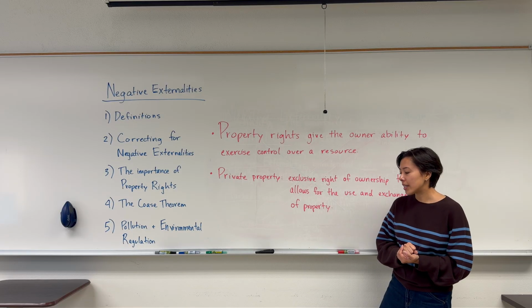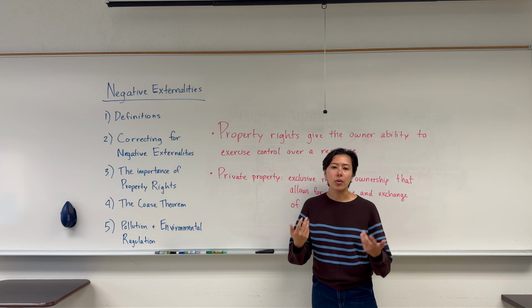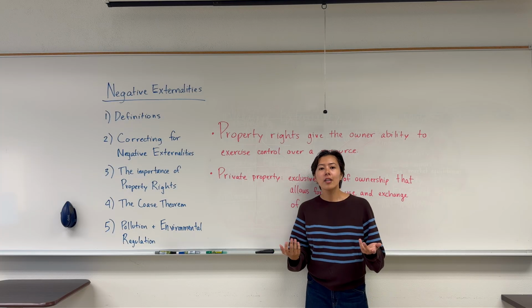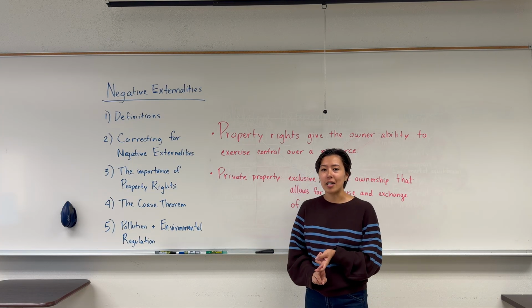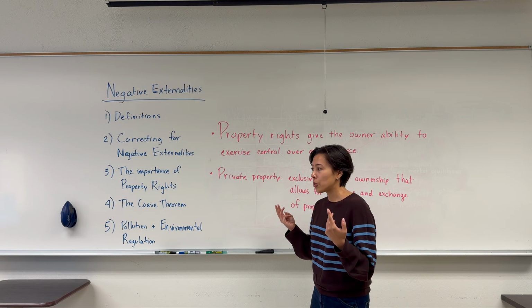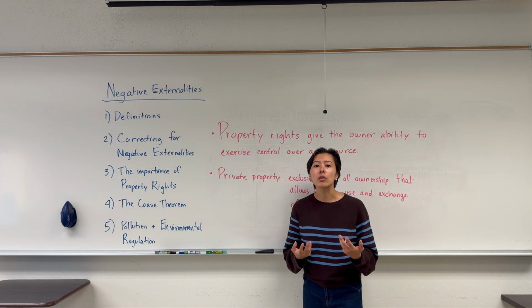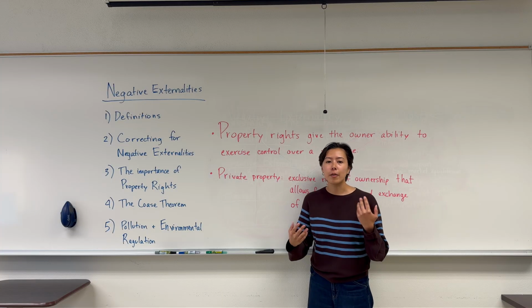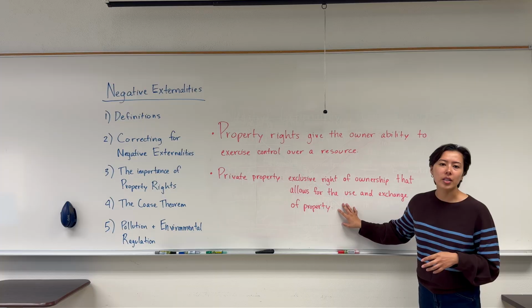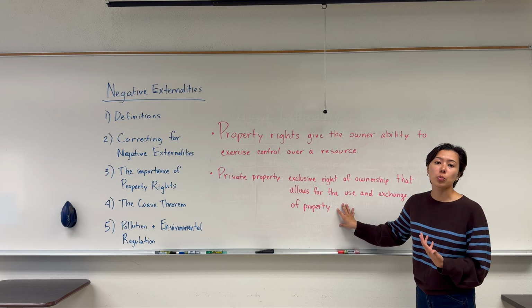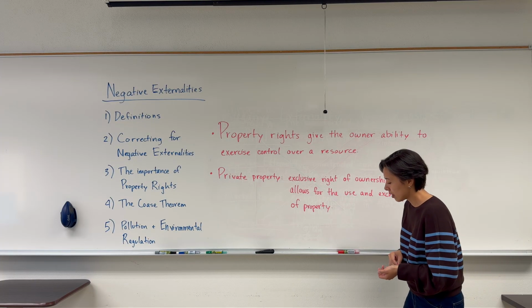Next, property rights create the incentive to protect what you own. So again, if you own a car, you're going to be incentivized to lock it, or maybe to get a dash cam, or to put your car alarm on, or a wheel lock. You want to protect your property from theft or damage because you are the one who gets to use and exchange this property if you choose to do so.